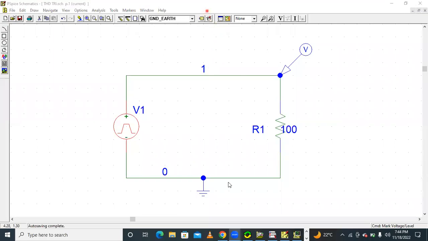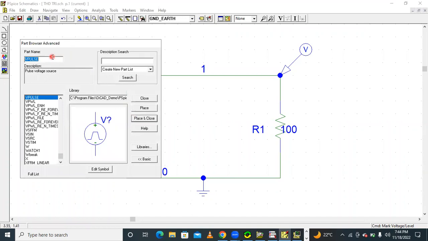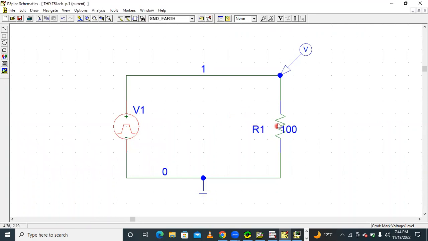From the PSpice library, take a V pulse and place it on the drawing sheet. Similarly, take one resistor of resistance 100 ohms and also take one voltage probe. The voltage marker is connected here, and the label is called 1, and the ground label is